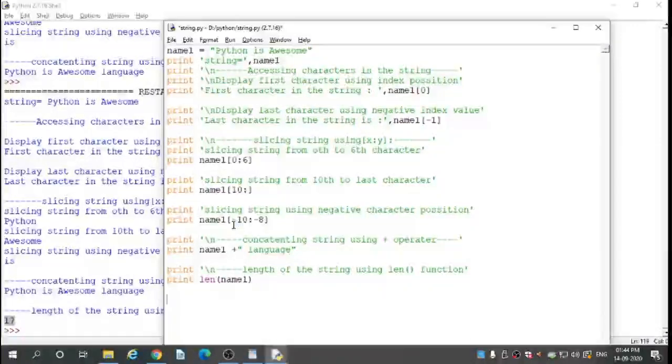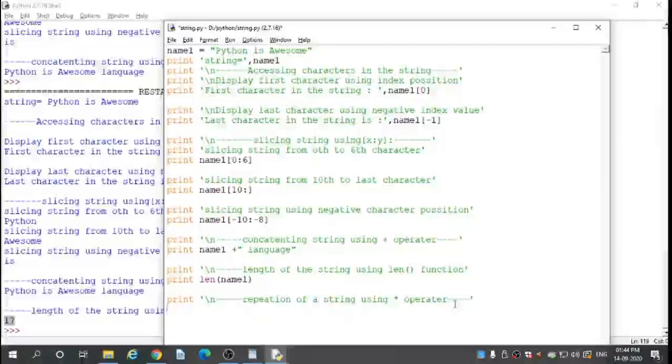Next, print in single quote \n repetition of a string using star operator.